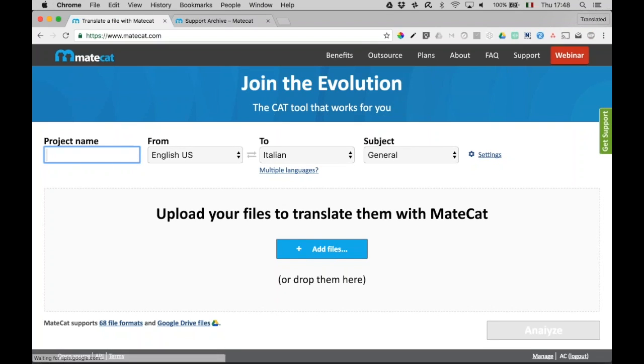A question from Saskia. Can I deactivate machine translation once I have started a translation in MateCat? Oh, okay. No, unfortunately, you cannot do that. You can only deactivate MT when you're creating the project. The reason for that is that once you created the project, you already have the word count and the analysis. And so by deactivating it in the translation editor, that would change completely the word count. So we cannot allow that.